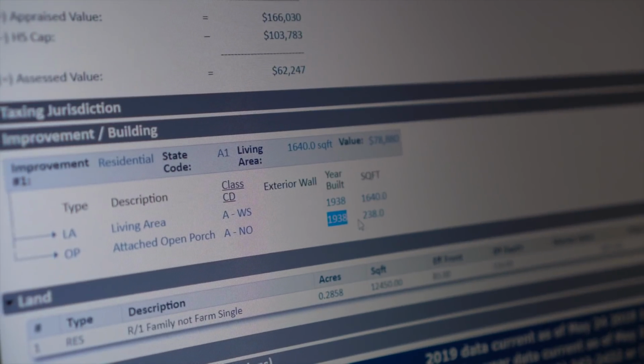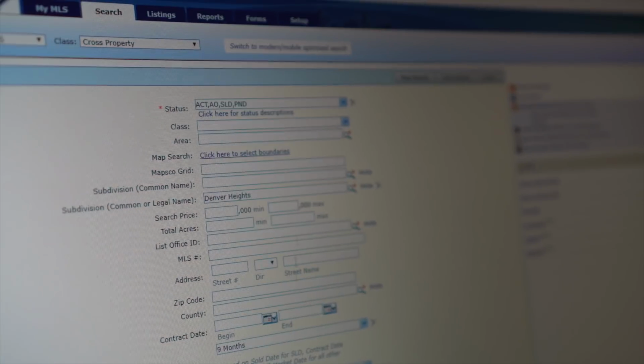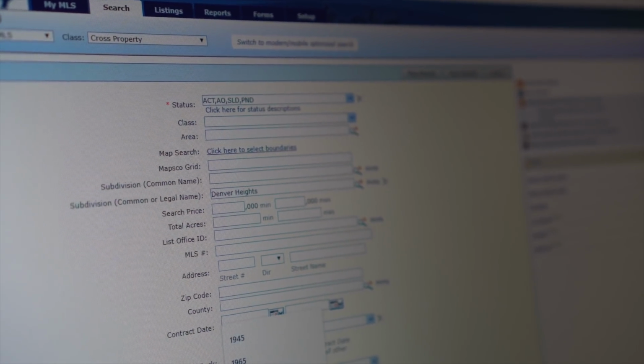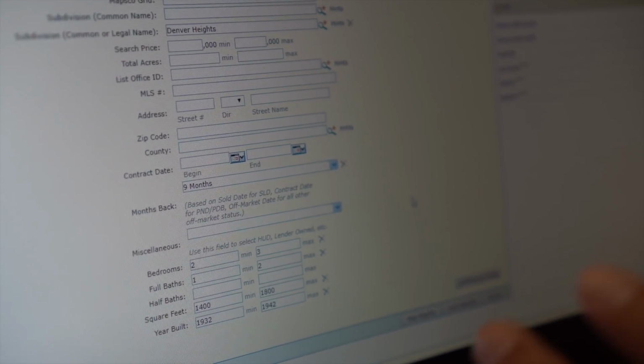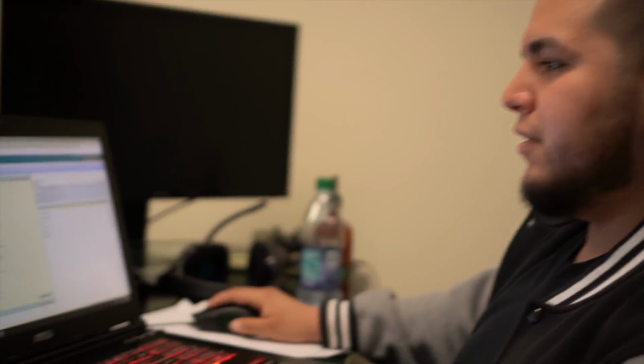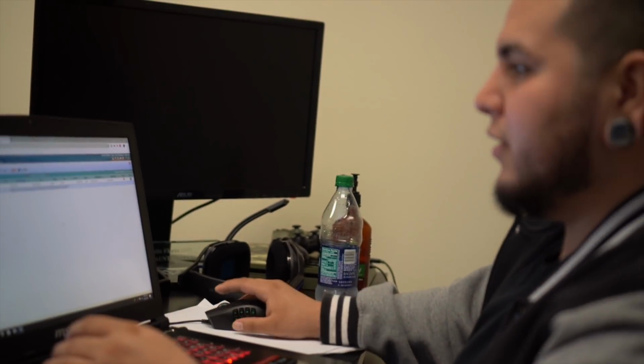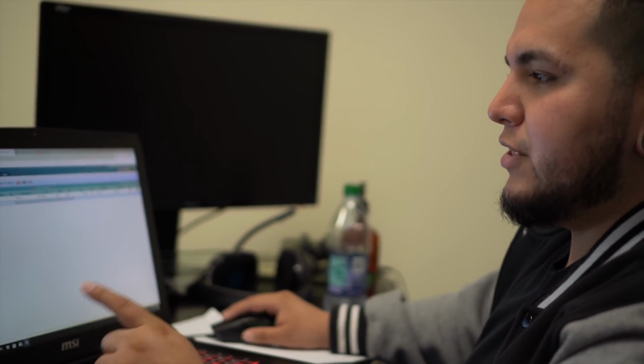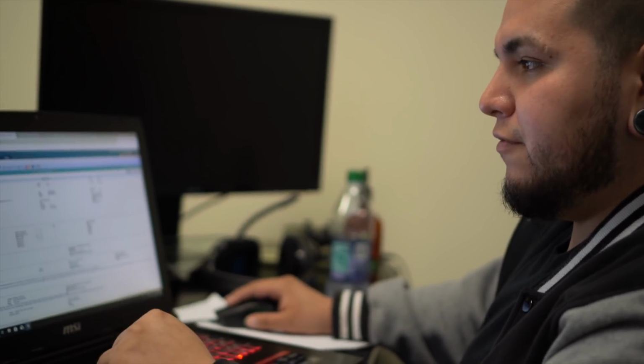So we go back here, it's 1938. Now I only want to go 5 years forward and 5 years back. So 1932 to 1942, and that's what I'm going to be able to look at, guys. So I already have this thing set up so it only goes a mile wide and it doesn't cross any crazy major highways, okay? So after I'm done with that, I view the results. I went 9 months back into the market. We have one comp that sold this year in February, and it'll give me an idea of what we're looking